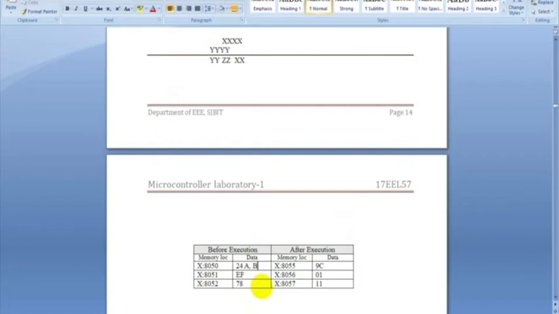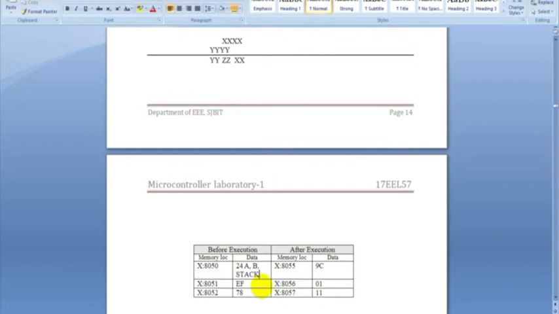We need 24 two times: 78 into 24 and 24 into EF. Two times we need it. And I am also making one temporary copy on the stack.